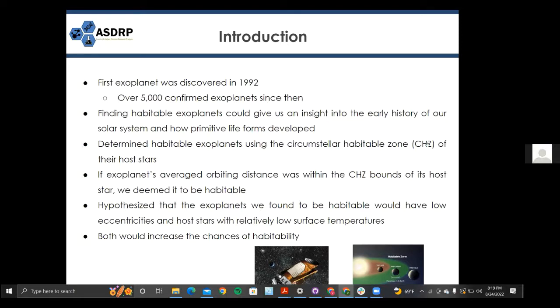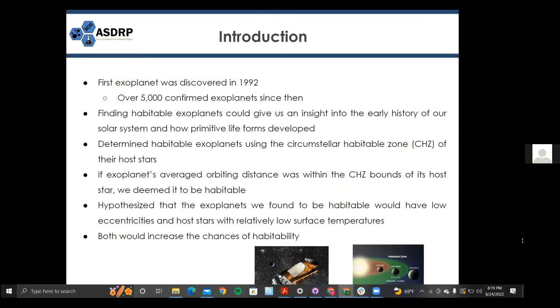Sorry. So the overarching purpose behind our search for exoplanets was to reveal the possibilities of life beyond Earth. Ever since the first exoplanet was confirmed in 1992, there have been over 5,000 confirmed planets outside our solar system. During the hunt for potentially habitable exoplanets, we determined that while little is known about the abundance of carbon on an exoplanet, the most vital factor in determining carbon-based life is its ability to sustain